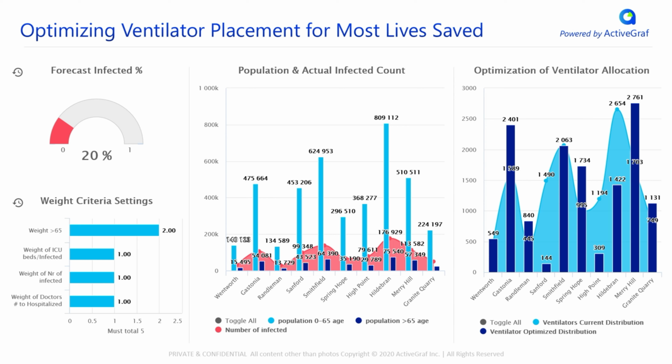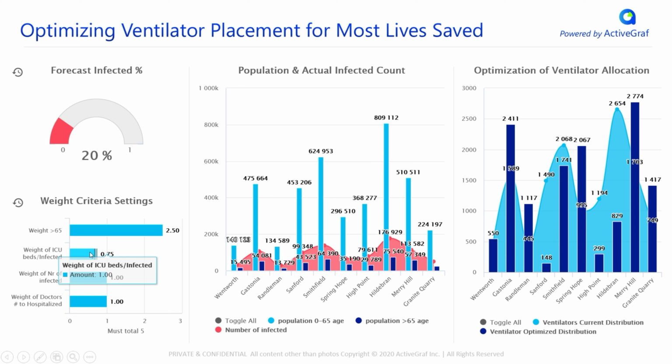be moved. Also, similarly, if we believe that, based on recent data, for instance, the over 65 population is even more sensitive to the virus, we can set those weights and reset those weights and observe the difference. Here, for instance, we'll set the weight up to 2.5 of the 5, and correspondingly we have to remove or reduce the ICU bed's weight by 0.5, and we can see that that has a marked impact on where we